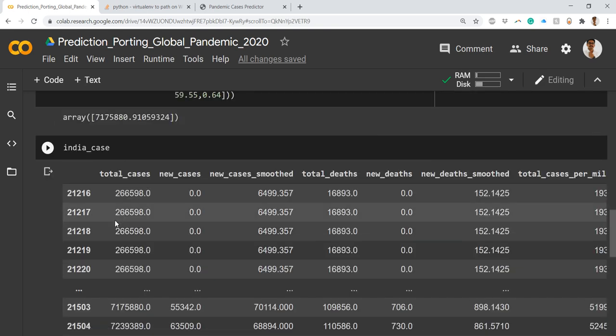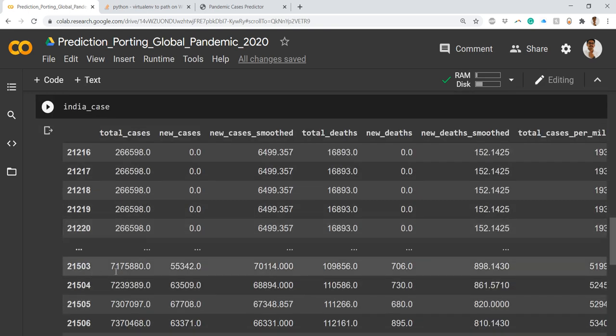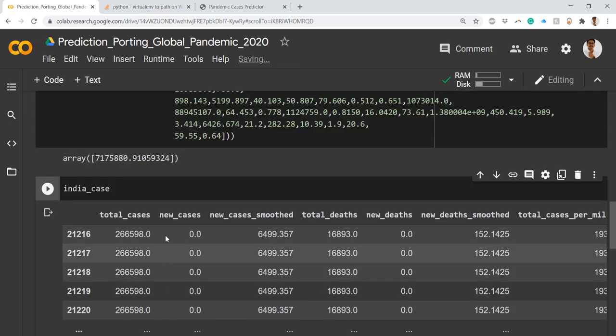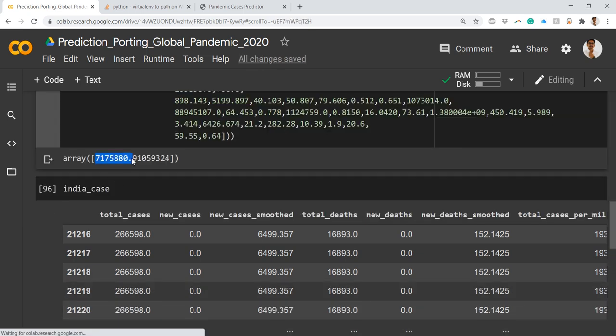So if we check with this, that is 21503, you have the total cases here, that is 7175880.0, and something after that. So it is approximately predicting, and there are some values according to this model, but the integer part is exactly the same. So that means our model is predicting it correctly, at least the integer part. On the floating part, there can be some minor ups and downs, but that's not the issue.